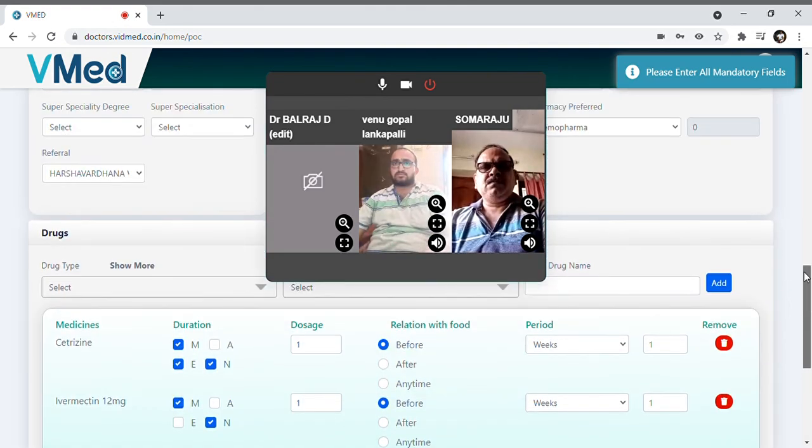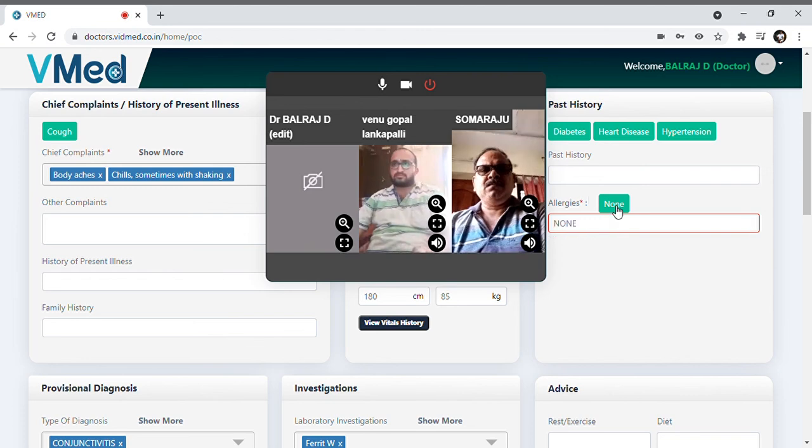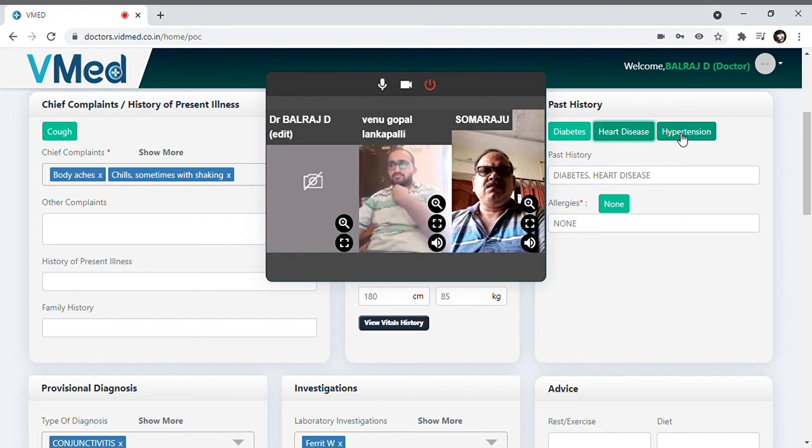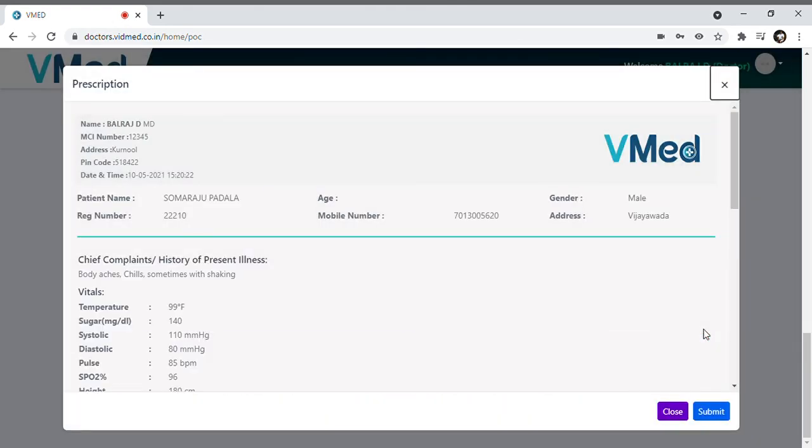So this helps the patient to also interact through the video consultation itself. How to take the medicines could be described by the doctor in the telehealth application itself, where the patient can understand what medicine he could take and at what timeline he should take it.